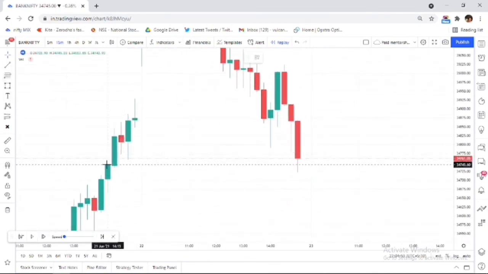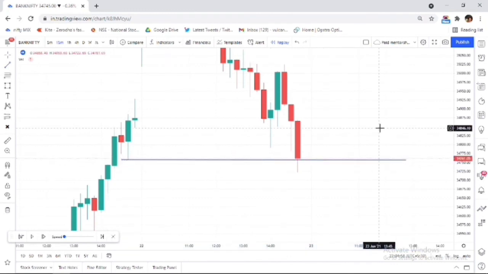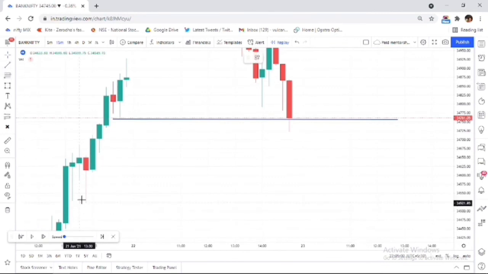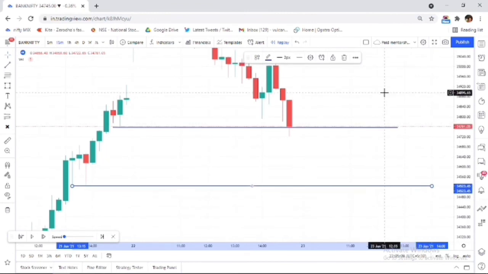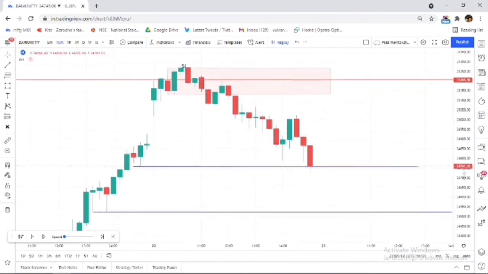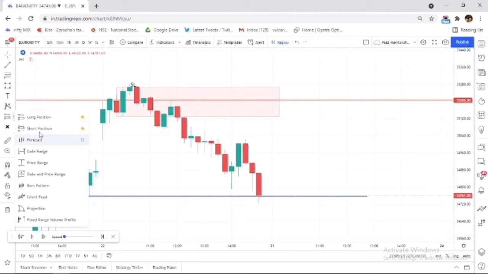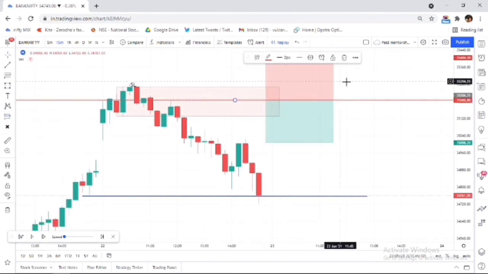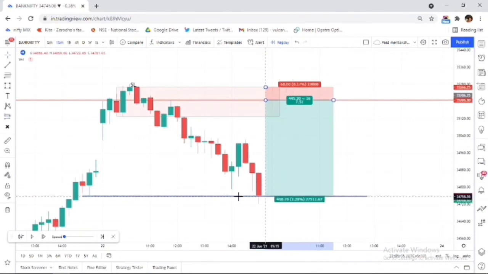This swing low was my target, and I will book my target here. This swing low is my second target. Always try to book your profits at the first target, book 80% at the first target and leave the 20% for the second target. Now measure the risk to reward. So that red area is my risk, and this much was my reward. This is almost 1:7.